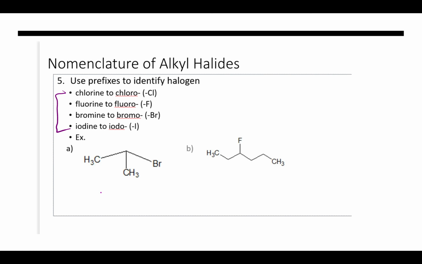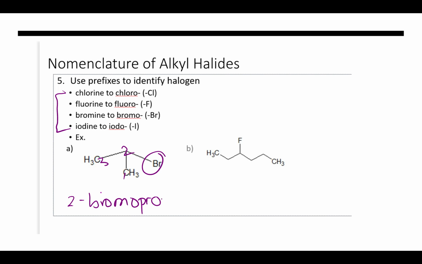So instead of calling chlorine, you call it chloro. Fluorine becomes fluoro, bromine, bromo, iodine, iodo. So we're still numbering our carbons. In this first example, we have carbon 1, carbon 2, carbon 3, and on carbon 2 you have your bromo group. So I'd write this out, 2-bromo, and then 3 carbons would be propane, and there's no double or triple bonds, so this is just